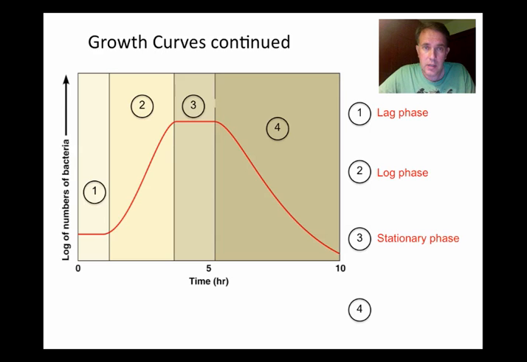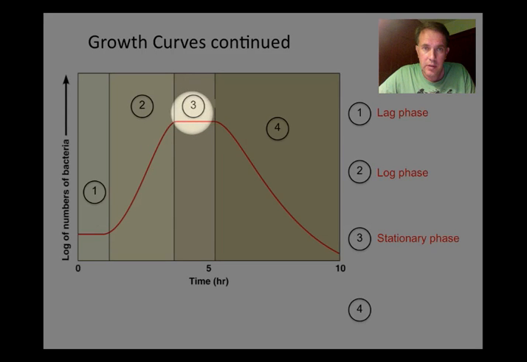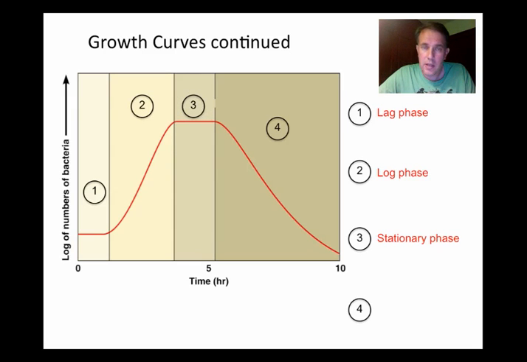The next phase, once a culture is in this flat area up here in the curve, is known as the stationary phase. As you saw in the video, that's where the number of cells is not changing. Cells are still dividing, but also cells are dying at the same rate, so that you have no growth. So it's the flat part of the curve. You're sort of at the carrying capacity for the culture that you're growing there.